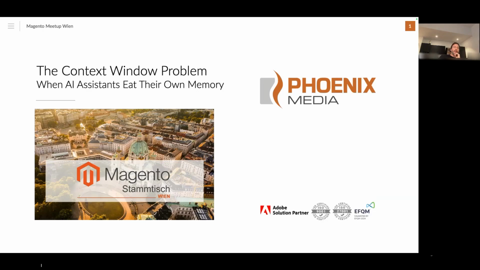Now we'll go a little bit different. We will look at a different scenario. We're getting more technical and more into hopefully useful information for developers for using their tools, using LLMs for making their life easier with coding. We're talking about the context window and the context window problem.